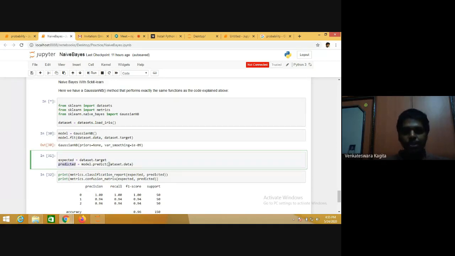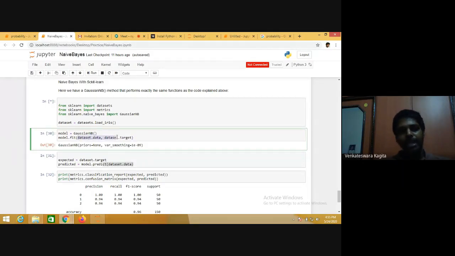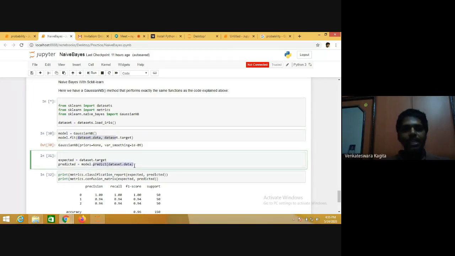In this case, we just took the training data only for the prediction, but in general, you split the data into training and testing data, and then you fit the model on the training data set and you predict it for the test set. Two different data sets we usually use, but in this case, I just used the whole data for both training and testing. So I fit the whole data for the training purpose, and I got the model. Once I get the model, I call the predict function to predict it. These are all existing models and functions in this library.